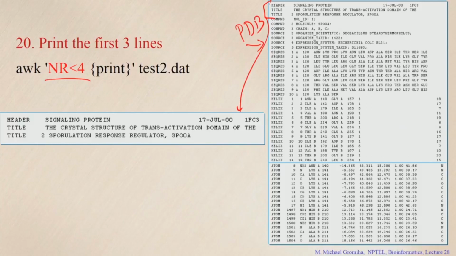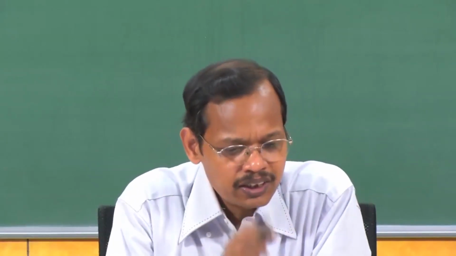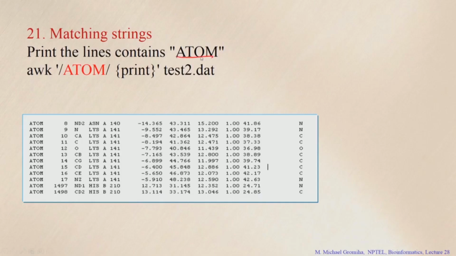Now we come to the important aspects, mainly how to manipulate the PDB files, because PDB is widely used and we can get various information from the PDB. So it is important to manipulate the PDB files. How to get the records or the lines which contain ATOM? What is the meaning of the ATOM record? Mainly the coordinates for all atoms, not the heteroatoms. If you want the records of all atoms in a protein or in a DNA,